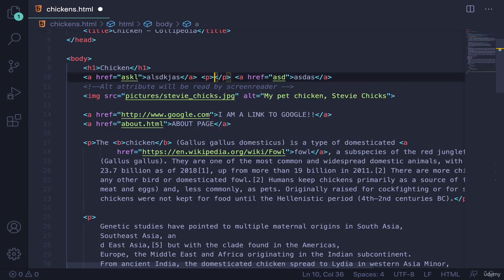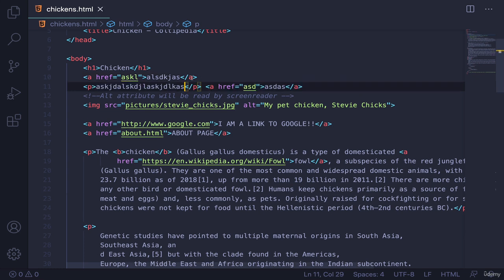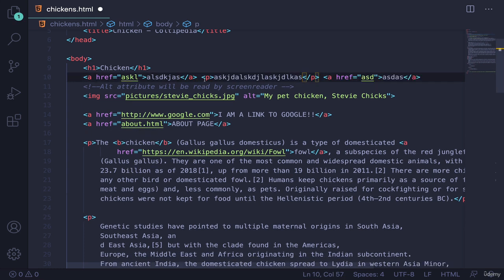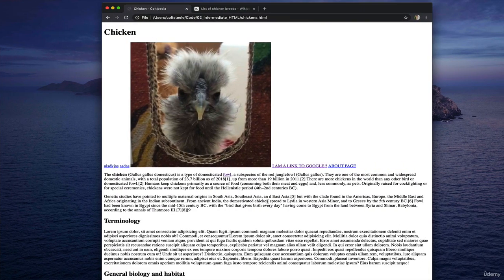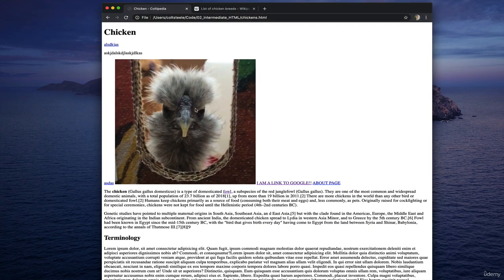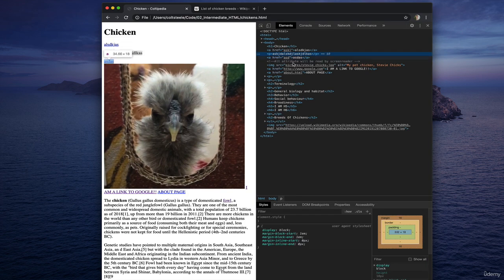As soon as I add a paragraph or an H1 in here, in between the two, it doesn't matter that VS Code is going to put that paragraph on its own line. That doesn't make a difference in terms of behavior. Now you can see what happens. We have our first anchor tag, then we have this paragraph, and this paragraph wants to exist on its own line, its own block. So it takes up an entire block, and if we actually inspect this element, right-click, inspect,